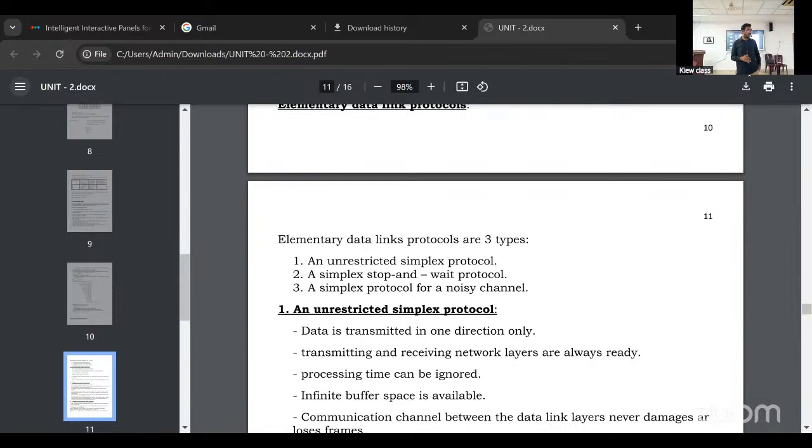Take FDM, frequency division multiplexing. What does multiplexing do? We allocate the frequency.